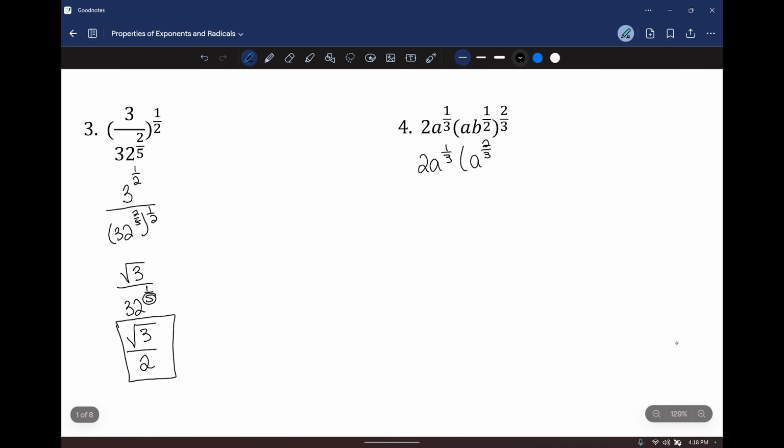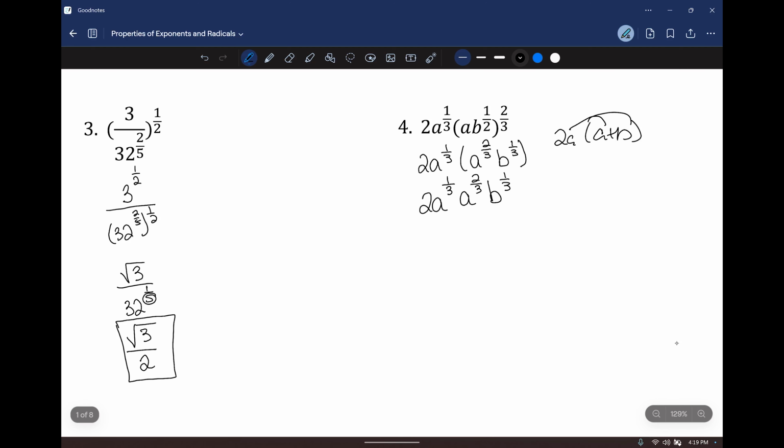And I'm going to take b to the 1/2 to the 2/3, which means I multiply. So 1/2 times 2/3 is 1/3. Now, this is not like a distributive kind of situation here. I don't have a plus in between my two things to distribute out here on the outside. I really don't need the parentheses anymore, actually. So this is 2a to the 1/3 times this one term, which is a to the 2/3, b to the